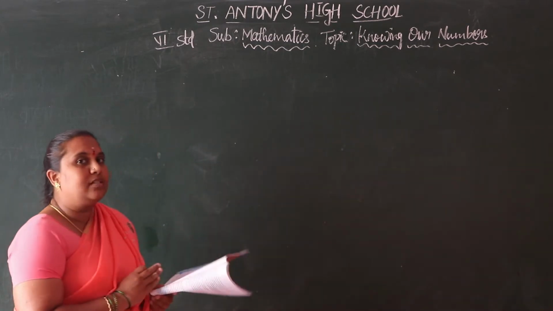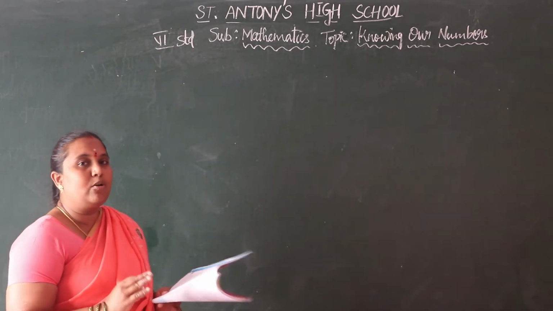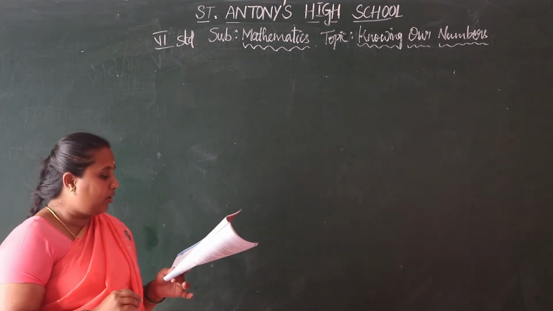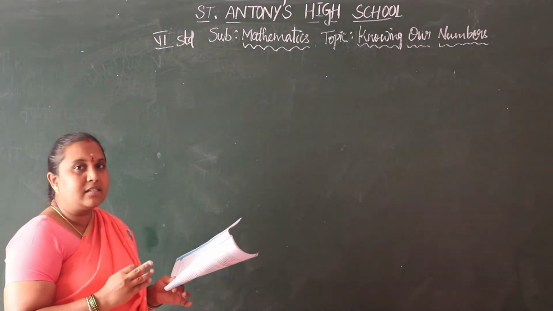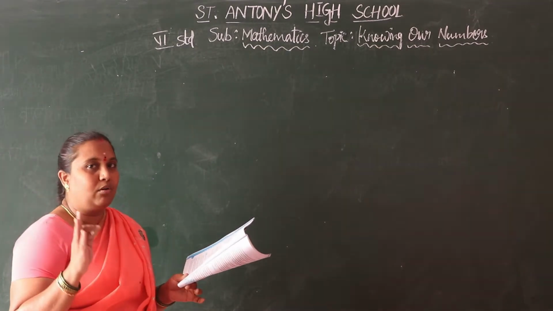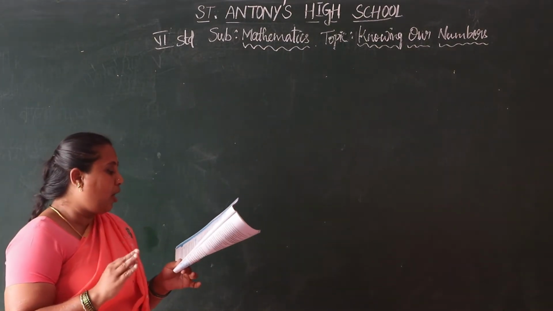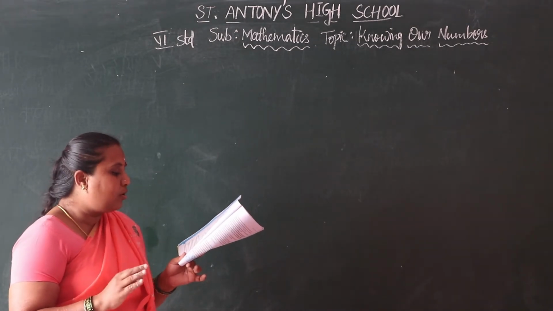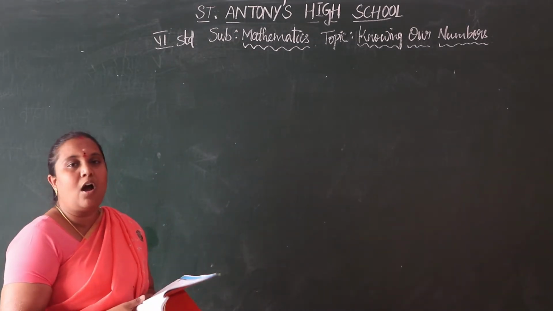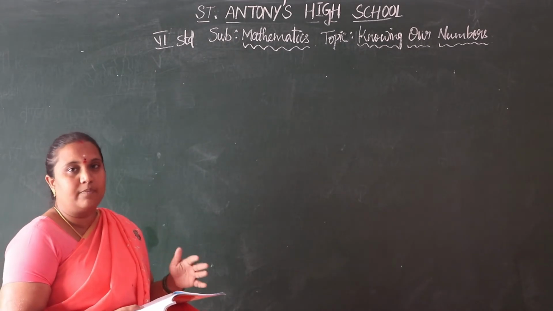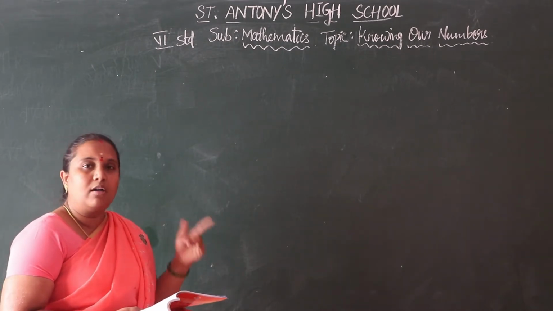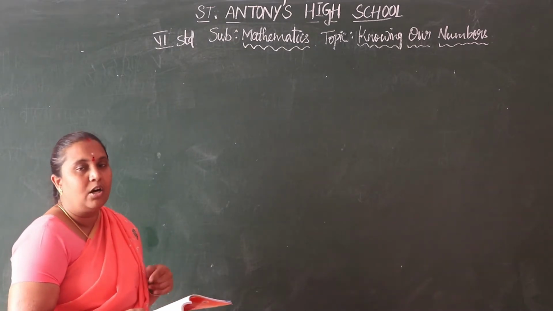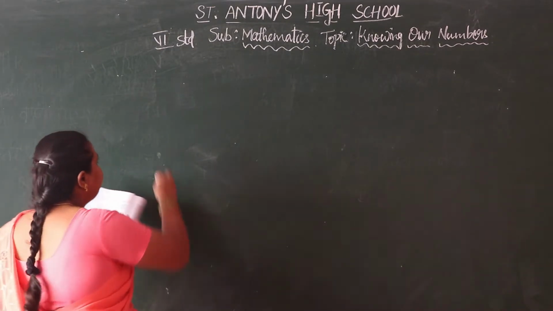What is the concept? A book exhibition was held in the school for 4 days. So for 4 days the tickets were sold. Find the total number of tickets sold on all the 4 days. How many tickets were sold on the respective 4 days? That we want to find out here.